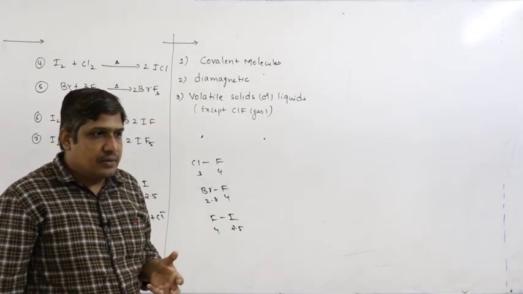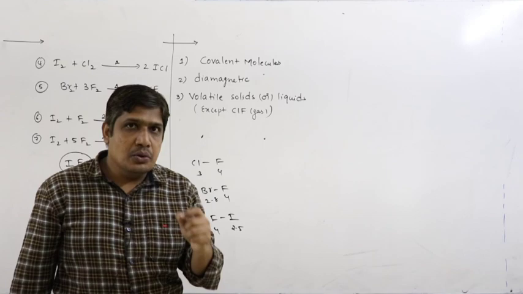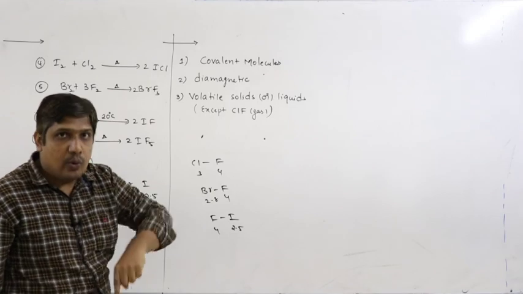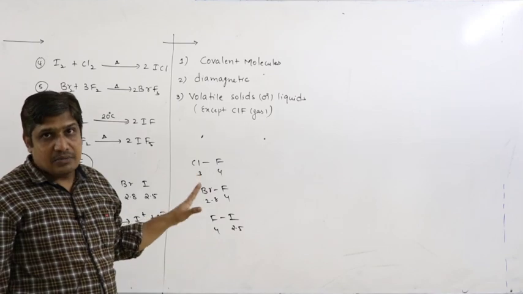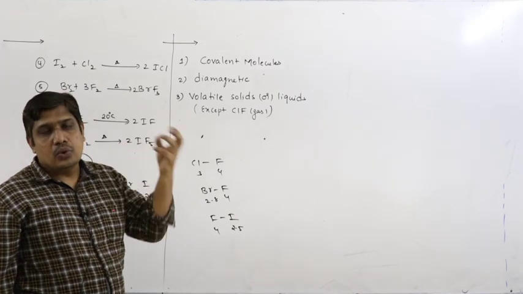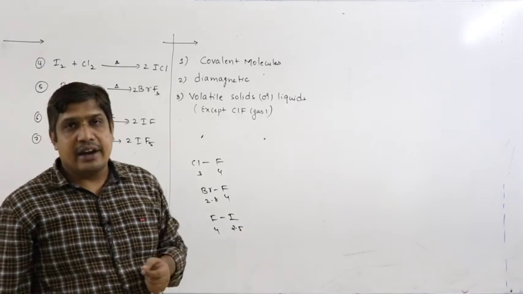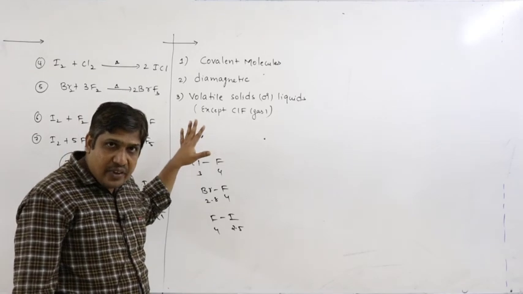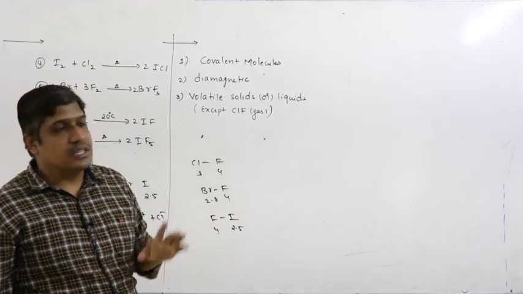Now can we expect any other stronger interactions like dipole-dipole or dipole-induced dipole? The answer is no. The reason is they are covalent molecules. Why are they covalent? Because of less difference in electronegativity of bonded atoms. There is some difference, but the difference is not sufficient to create partial charges so that we can consider dipole-dipole interactions or dipole-ion interactions. Hence, here we explain the volatile nature based upon weak van der Waals forces.